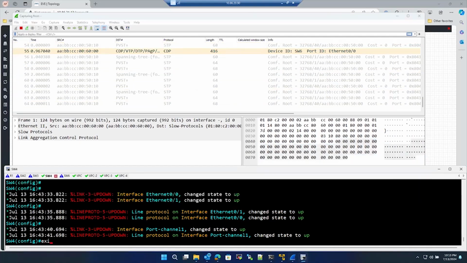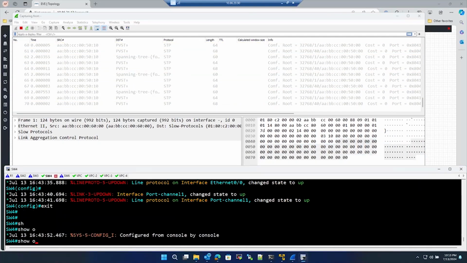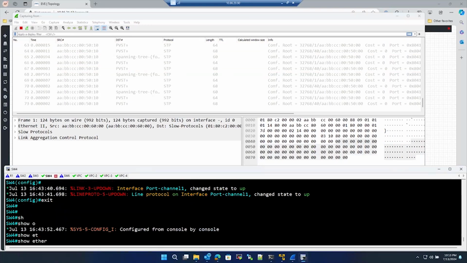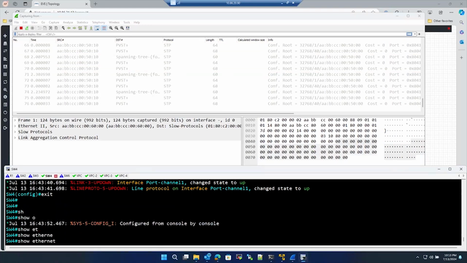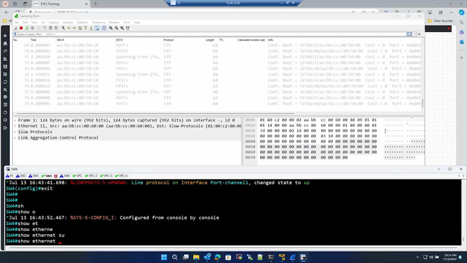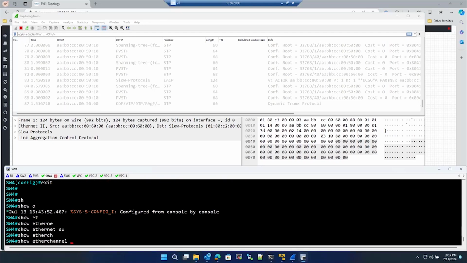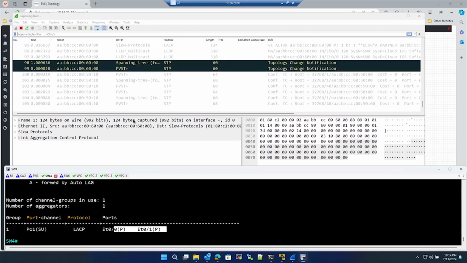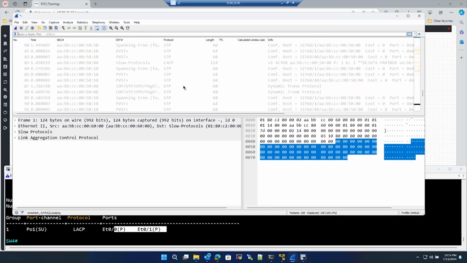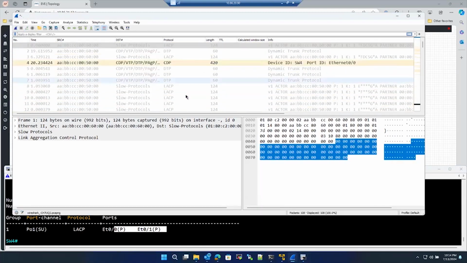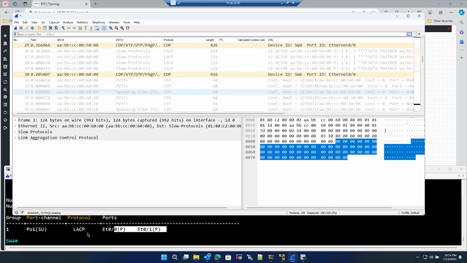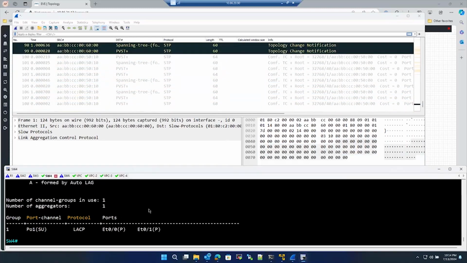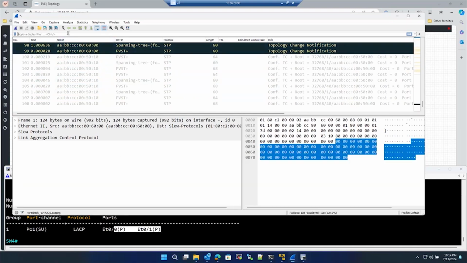So let's run a couple of commands. Show etherchannel summary. So now the port is bundled. And this is exactly what I wanted to show on that day. Okay, so we'll come back to that. So now the ports are bundled, and if I do an LACP filter,